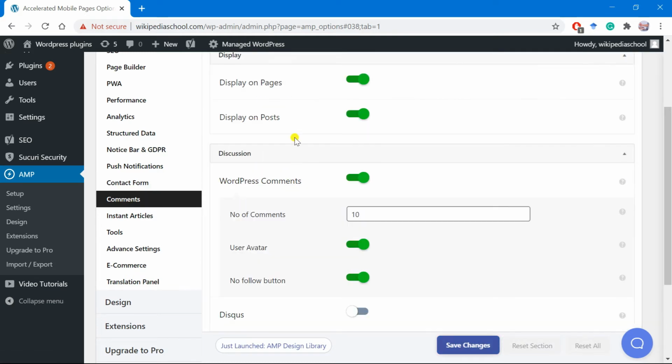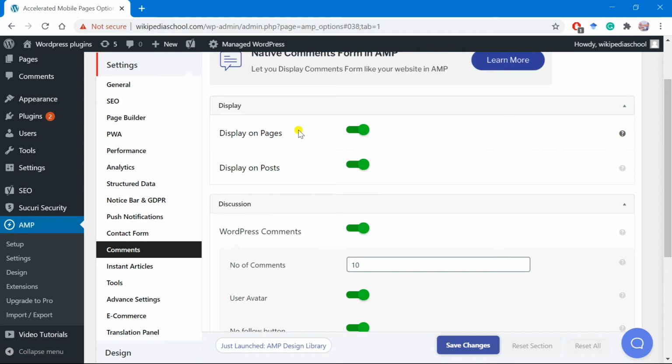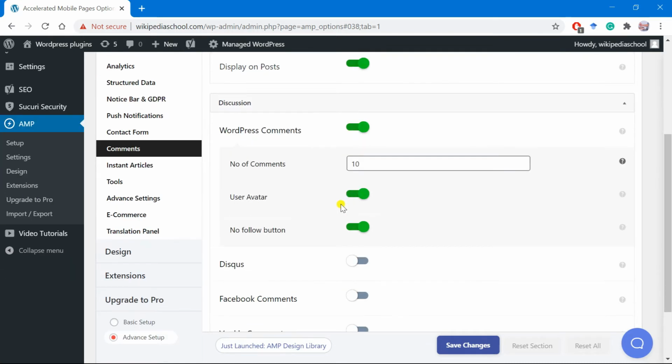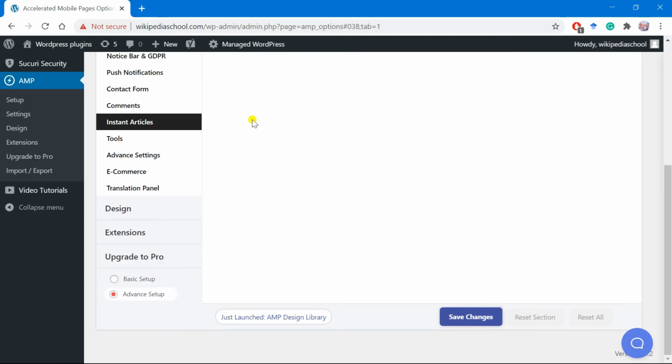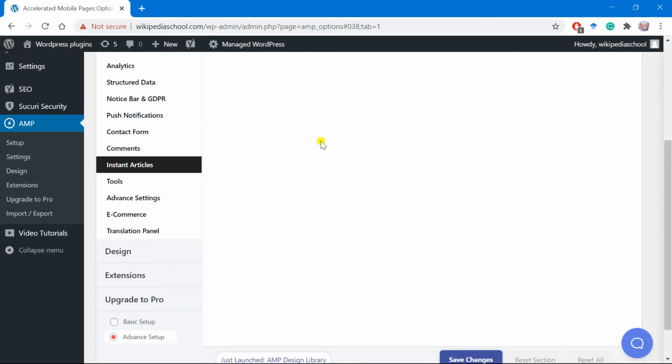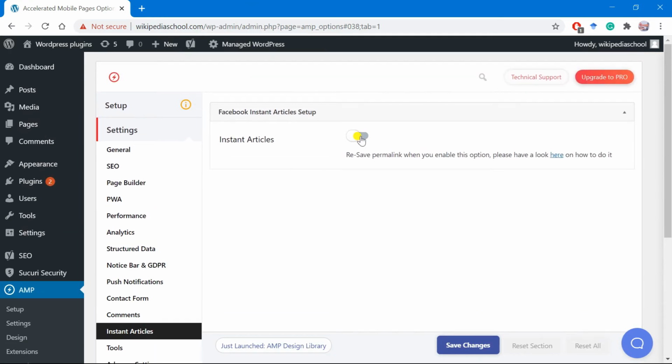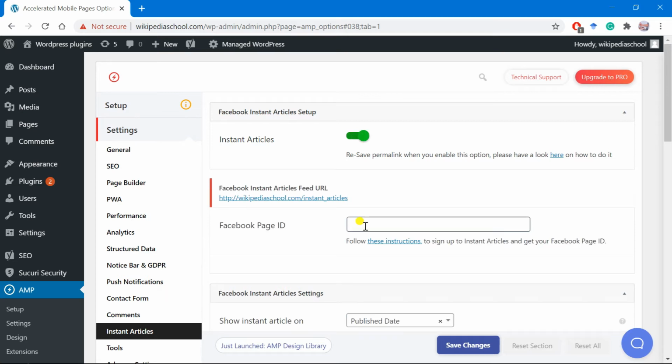Then comes the comments, where you want the comments displayed on pages. If you want to show the comments on pages, you can turn it on. All these are very simple options. You can adjust these options according to your own requirement. If you are using the instant article option, then you have to turn it on and give the Facebook page ID.